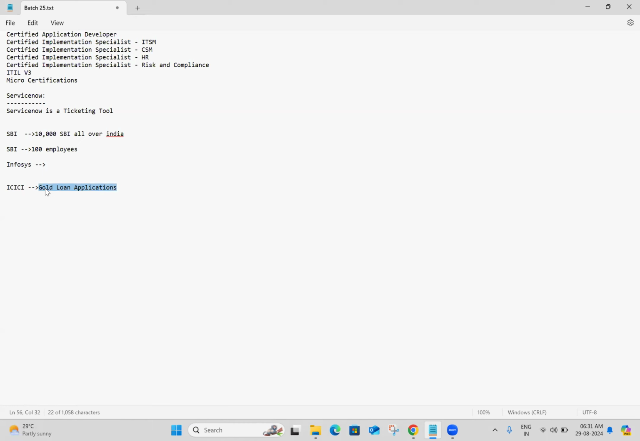Are ICICI Bank employees going to develop this gold loan application? Definitely not. They have to go to some organization. Maybe they come to Accenture, and ICICI Bank makes a contract with Accenture for completion of this gold loan application, maybe ICICI Bank